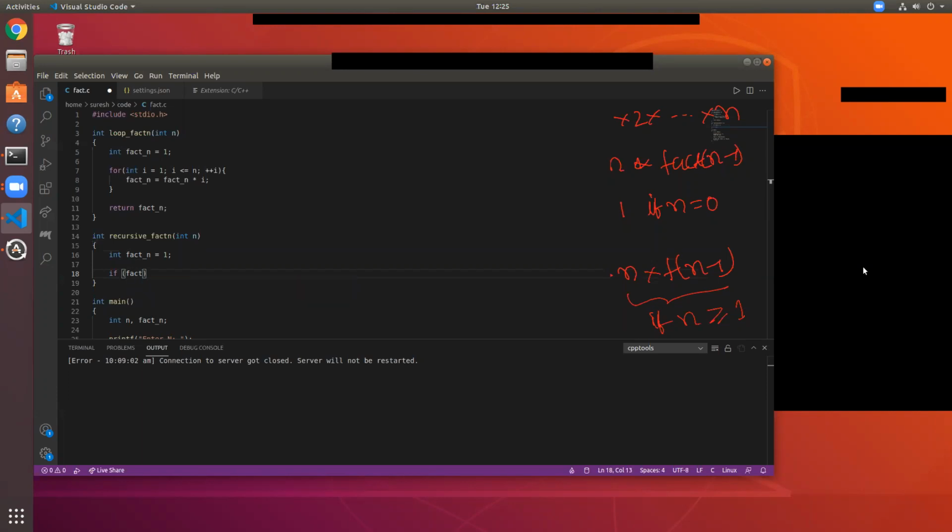Okay, so if n is equal to 0, the base case, then what do we do? We return 1, and else, actually let's do it this way. fact_n is equal to 1 for the base case. Otherwise it is equal to n times